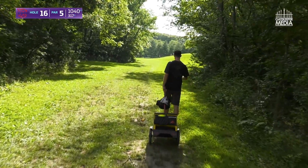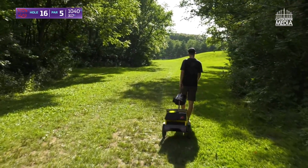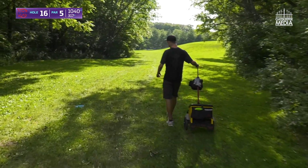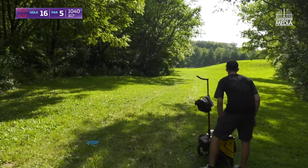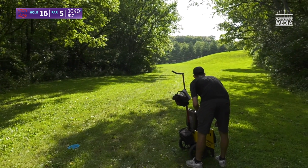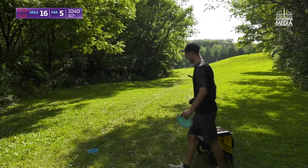Okay, actually a little further than I thought even. So this is gonna maybe have to be a destroyer on this 3rd shot, because like I said, I couldn't get as much distance through the gap. All right, so yeah, there's a lot of distance to carry. So shots like this, when I don't have a rangefinder,